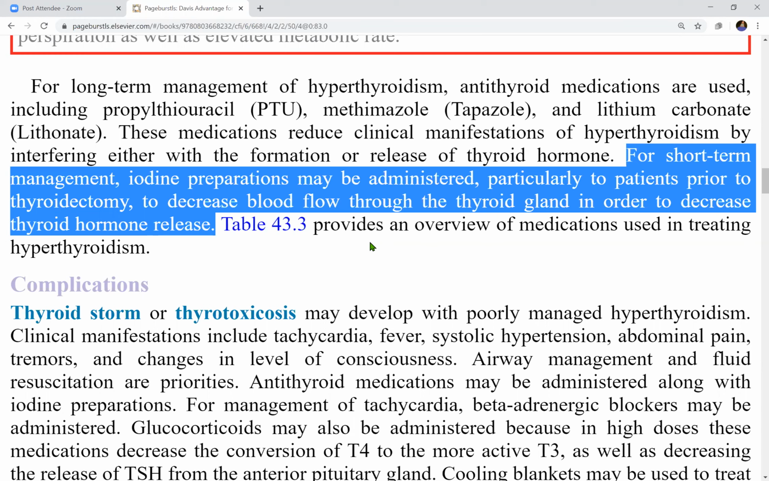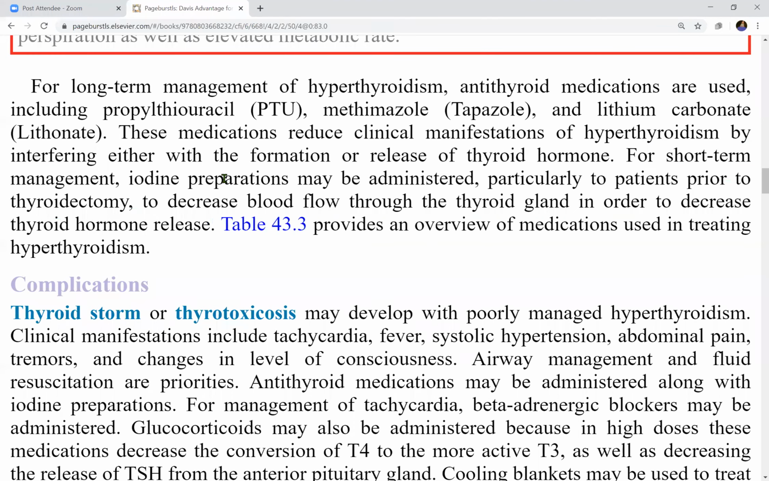The reasoning behind giving iodine preparations is really based on, because this is supposed to cause hyperthyroidism, right? If you give the patient high doses of iodine. But the principle behind this is